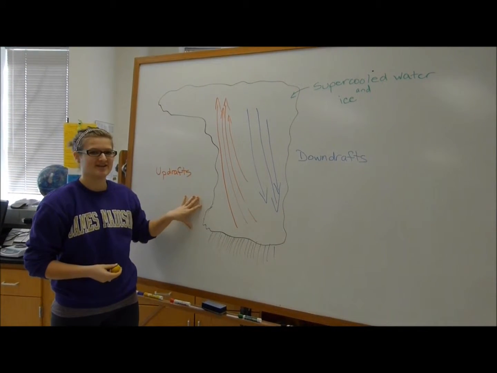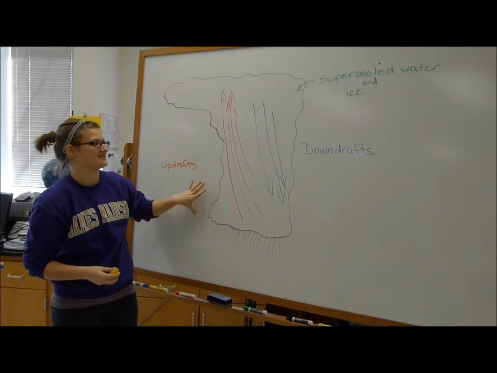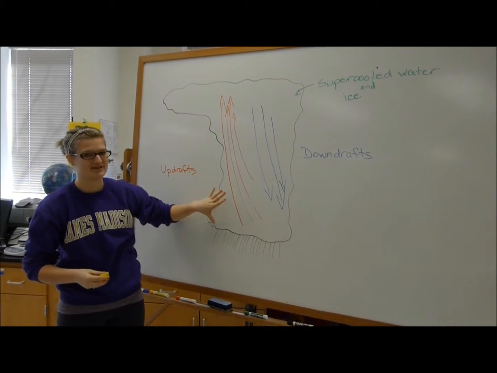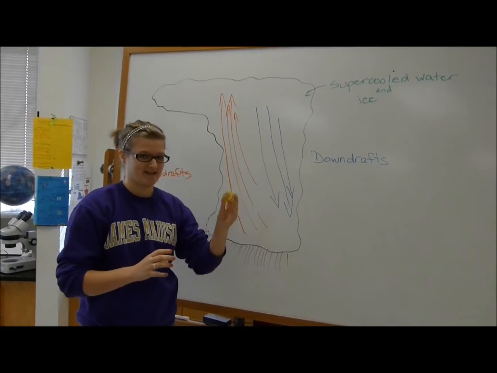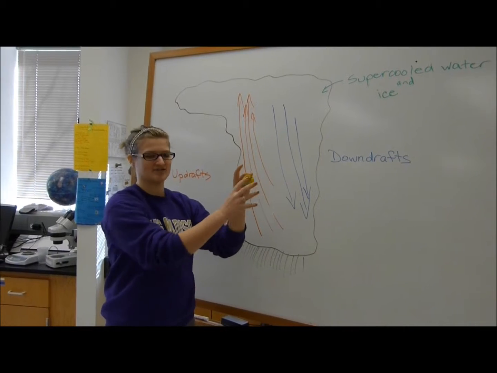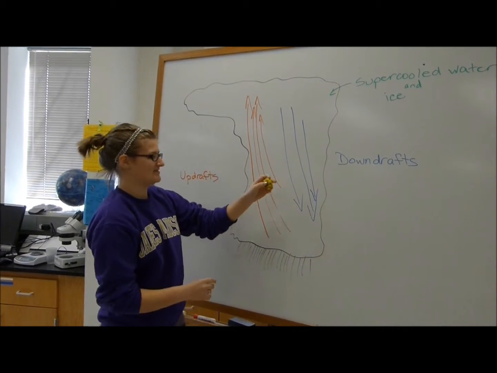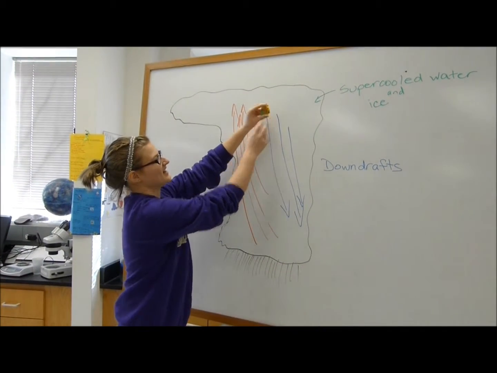Alright, so on our diagram here we have a thunderstorm cloud, as you can see, and thunderstorms usually happen during the summer, and hail is definitely a summer phenomenon. Today I have my hailstone here made out of Play-Doh that has been cut in half so you can see the layers. So what happens is it starts as a tiny ball of ice, this red dot in the center,